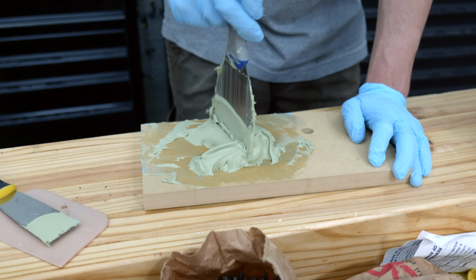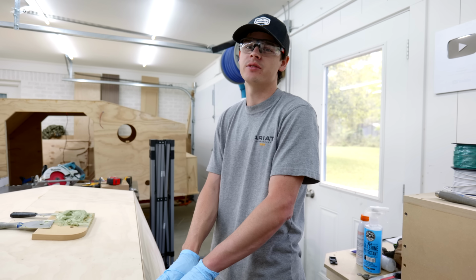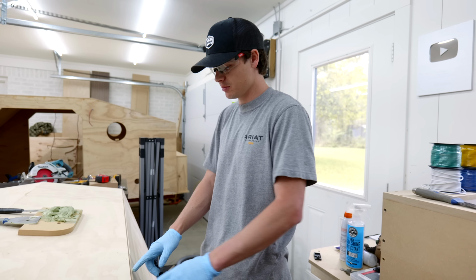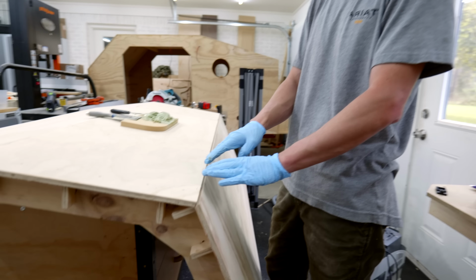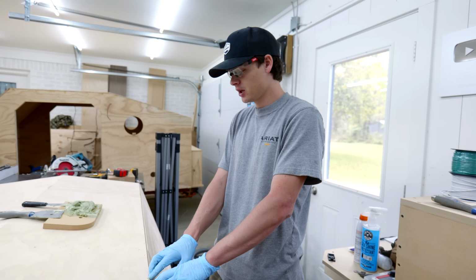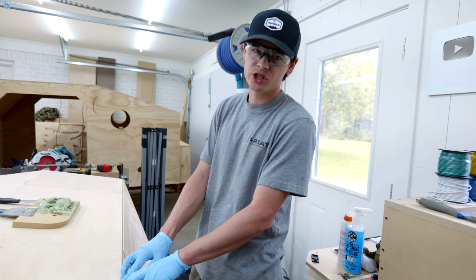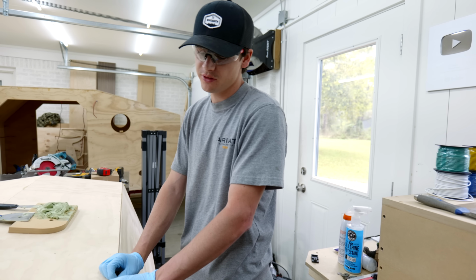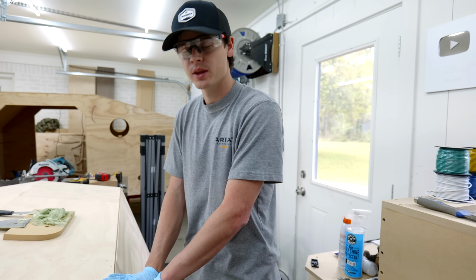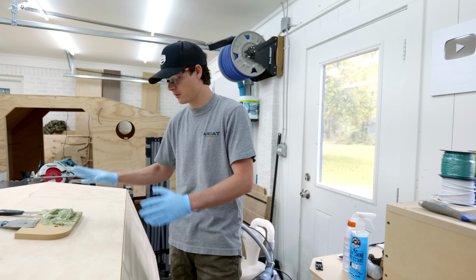And it actually is good for up to 3/4 of an inch of a gap, which is massive. This is by far the biggest gap that we have on the entire camper. This was the one mistake I made on overall width and angle, and it's about 1/4 of an inch at most on the front side, and then it narrows down like this. So this is a pretty small area to fill with this, but this is kind of the perfect product to use here